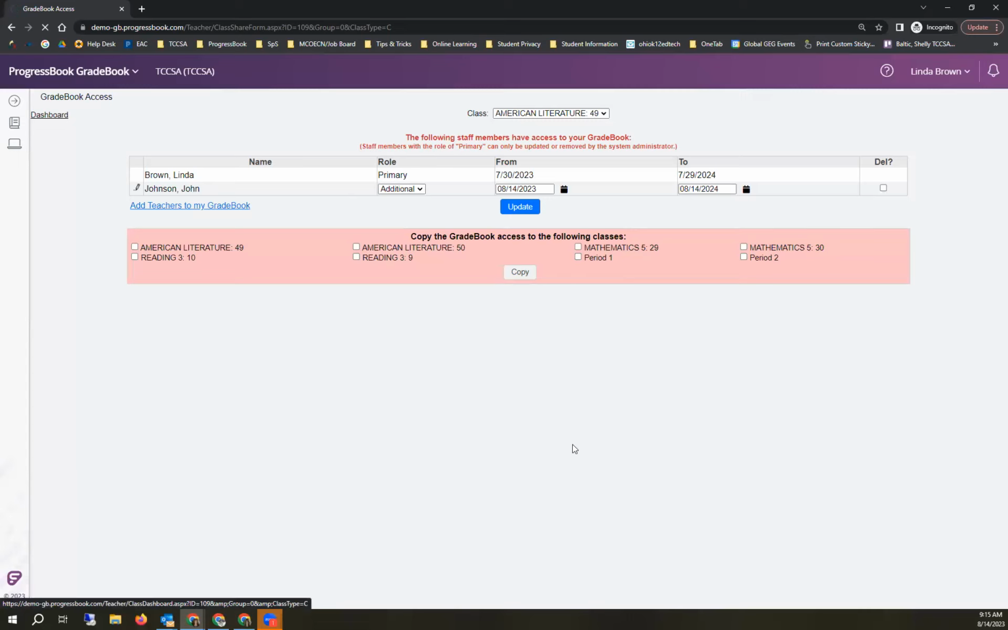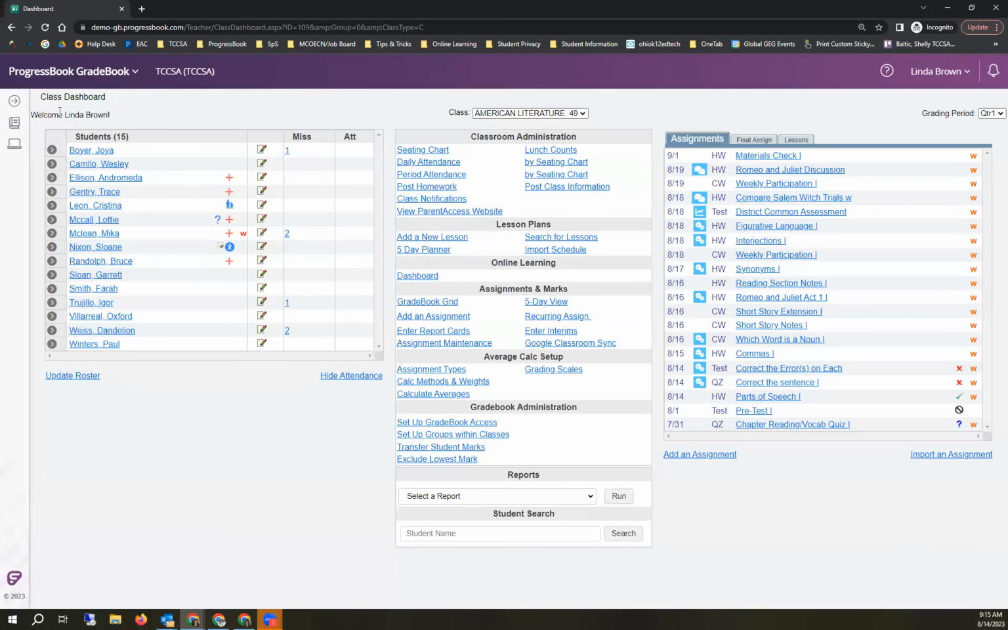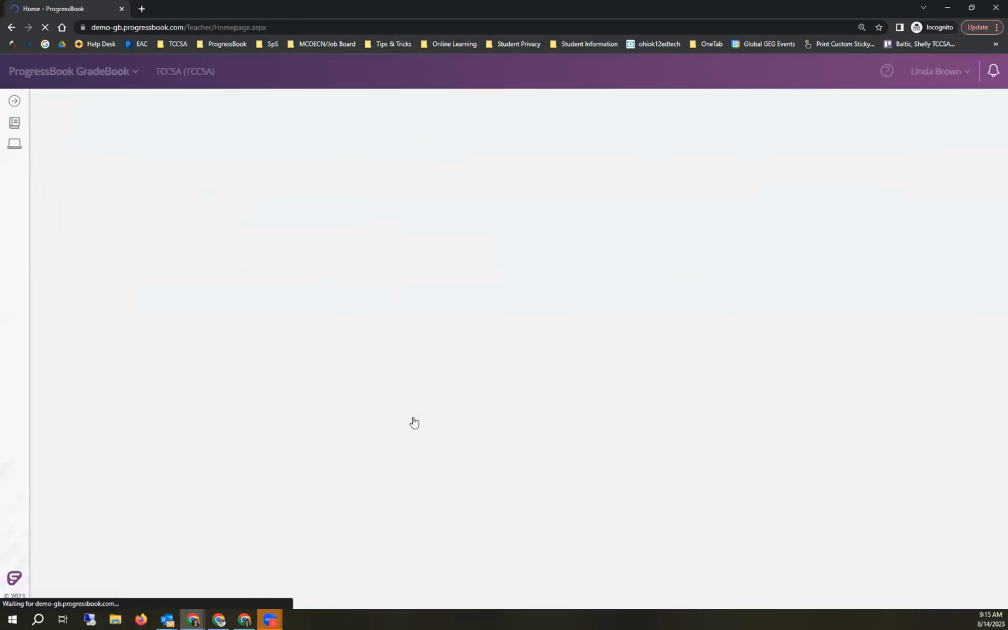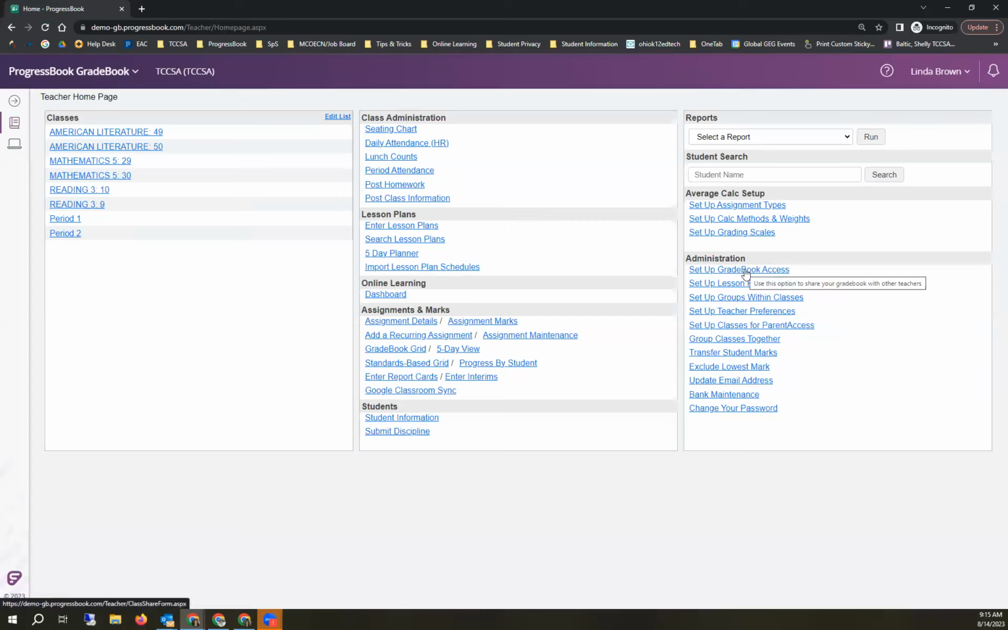And I say share, but when you look at it on the dashboard, it's called Setup Gradebook Access. And that's the same thing as sharing. At the beginning of each school year, you have to set up your assignment types. So they will carry over from the previous year, but they will be